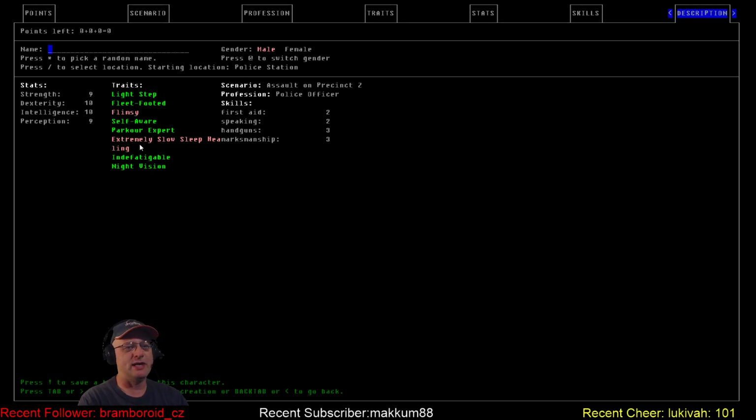Just those two by themselves cap out my minus 12 maximum for the traits. I am using the multi-pool, so the most restrictive version of creating a character. So the extremely slow sleep healing gives me 8 points, and the flimsy is 4, so that maxes out just those two negative traits. I took the additional points you start with, plus the ones those gave me, and purchased the rest of these. So 9 strength, 10 dex, 10 intelligence, 9 perception, light step, fleet-footed, self-aware, parkour expert, indefatigable,